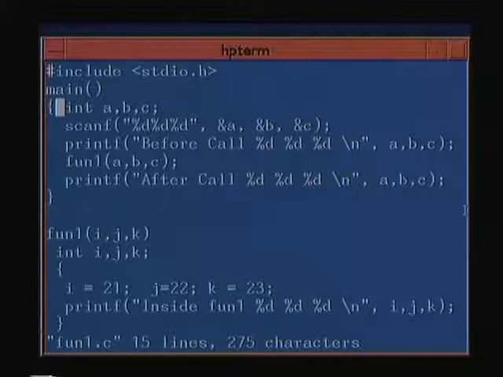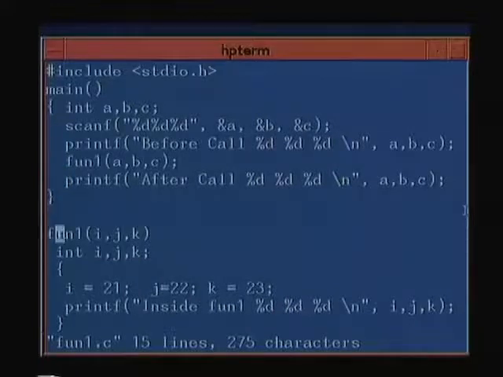I do int a, b, c, then I read in 3 values, scanf a and b and c, and before the call I print what the values are. I call the function like this, fun1 a, b, c. I can do an assignment also, x equal to fun1, but we will see that later on. And then after the call I again print the value of the variables.